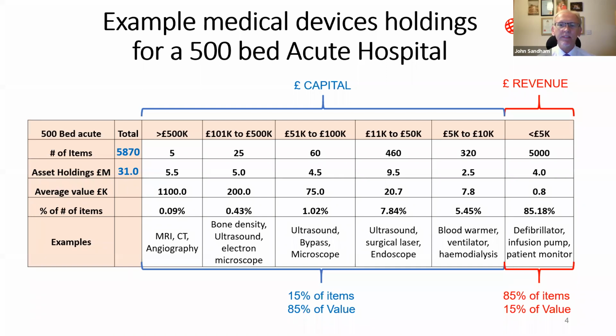It is common practice in most healthcare organisations to focus on capital assets. This is because they are the most expensive portion of the overall asset holding for a typical acute hospital, representing 85% of their technology spend. But these assets are only 15% of the inventory by volume. Capital assets are subject to more stringent financial rules than lower value items under £5,000 that represent 85% of the